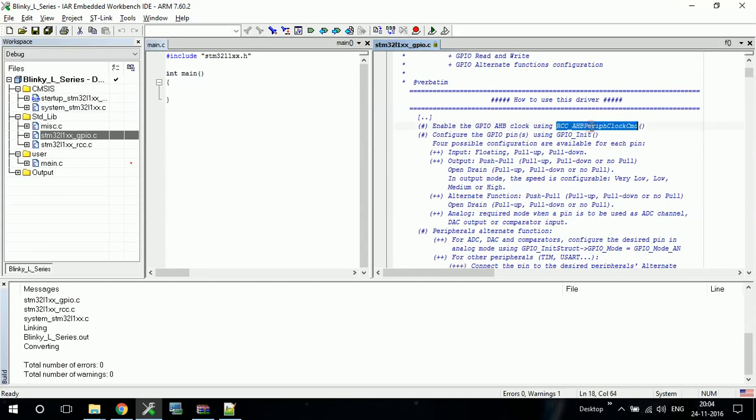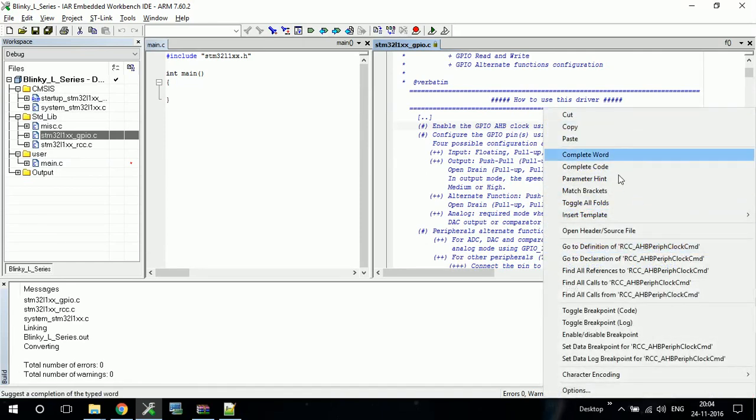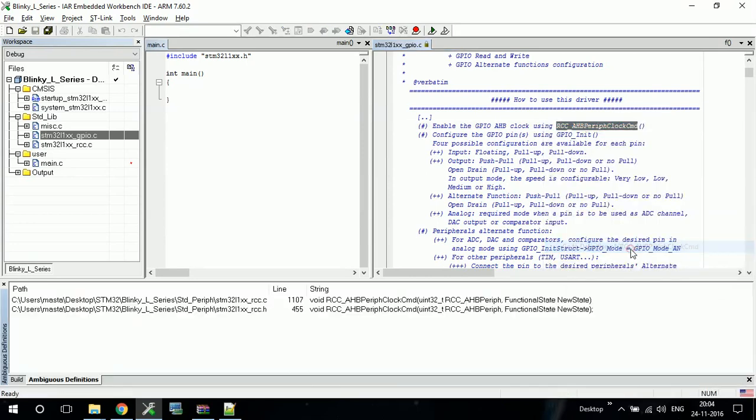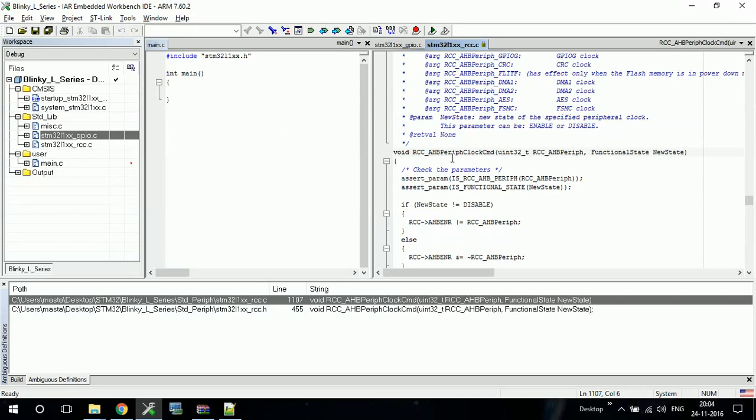So here it is written, we have to enable RCC AHB periph clock. If you remember from the previous tutorial, the GPIO peripheral was connected to the AHB1 bus, but in this case it is connected to the AHB peripheral bus. So these are the changes which come when you change your board from one to another.